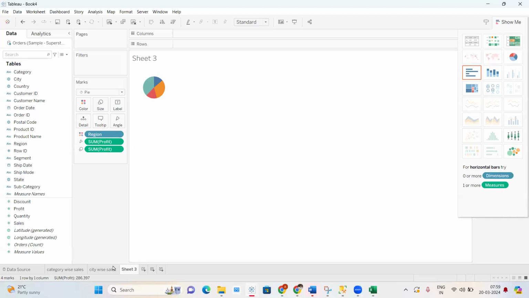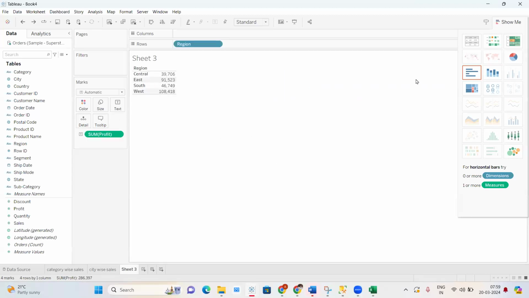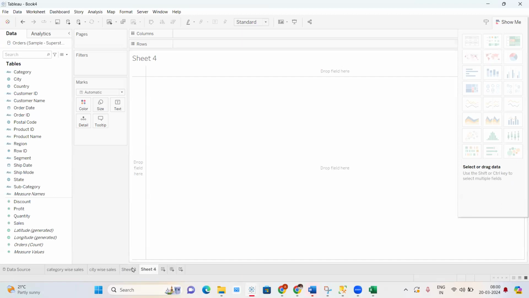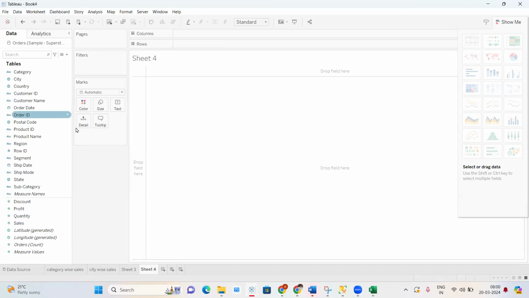See, when you click over here, let's say I pulled it here, right? You will see that it will highlight a few of the visualizations which are more suitable for it. So you can directly click on them and it will be reflected, or you can directly make a pie chart from scratch also. Okay, you can make a pie chart from scratch also, right? Now to make the pie chart from scratch, what you can do is